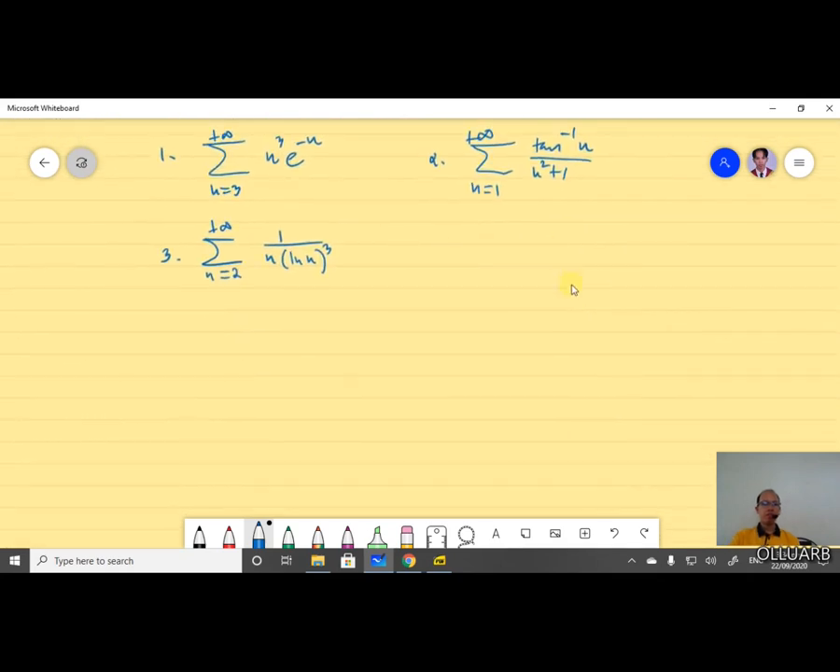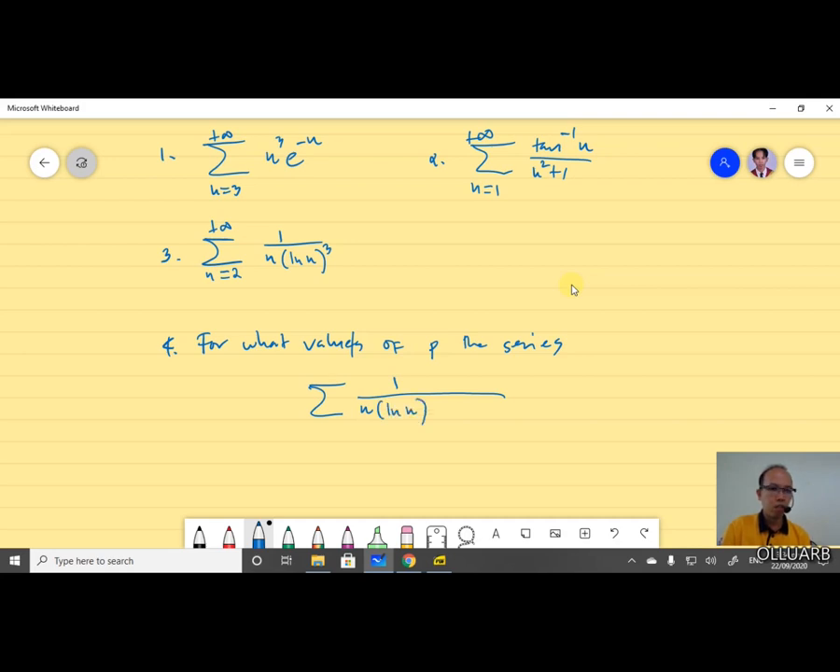The last one, number 4. For what values or value of p is the series summation of 1 over n times ln n times ln of ln n raised to the power of p, starting from 3 to positive infinity,